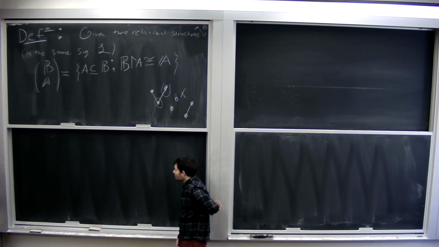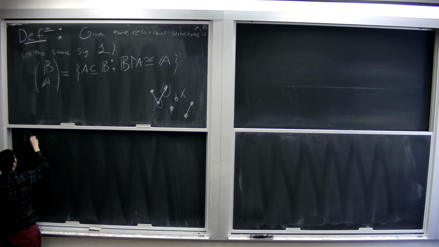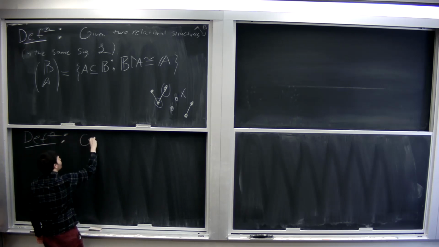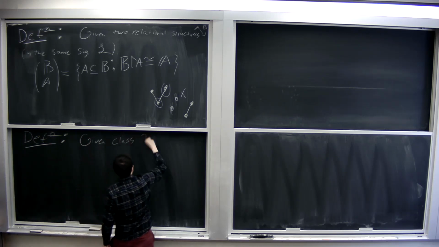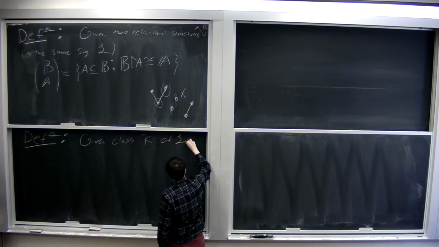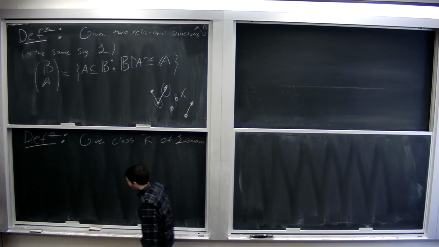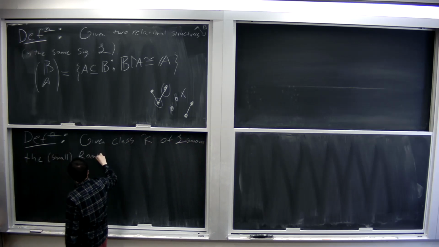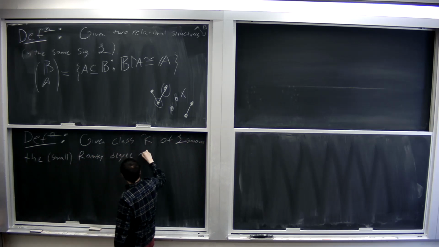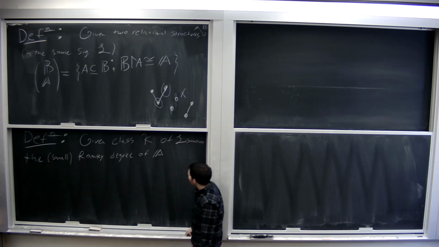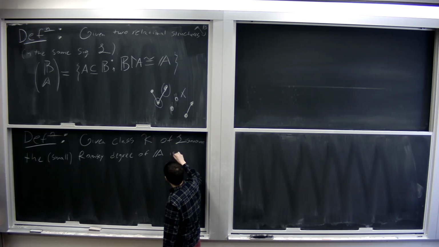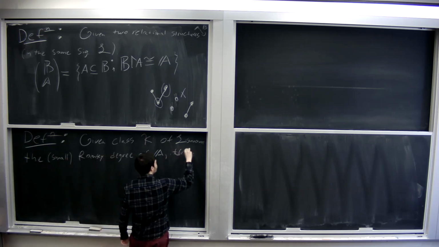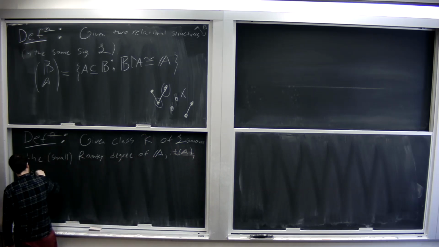And so now that you have a notion of structure, you can discuss some basic Ramsey theoretic statements. Given a class K of L structures, the Ramsey degree, or the small Ramsey degree of A, relative to the class it's in, K, is the smallest, we'll give this a name as well, T_A, is the smallest T